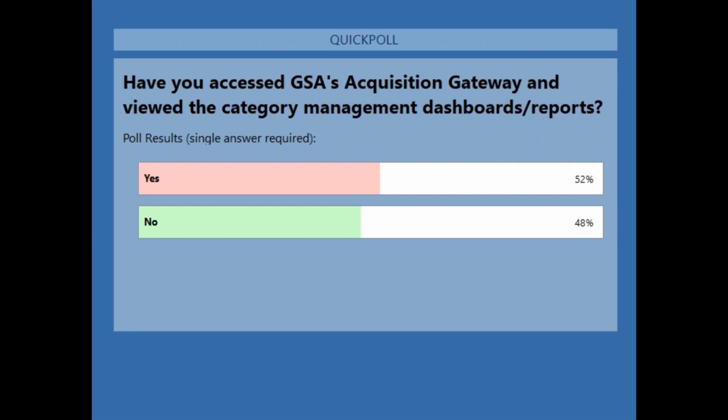The other thing GSA Acquisition Gateway does is group it into levels. And what levels are, are groups of PSC codes. For level 1, there are 10. So they take the 2,000 plus PSC codes and they put them in groups. The highest level group is level 1, and there are 10 of those, such as IT, which is comprised of, I don't know how many PSC codes, we could look. And 9 additional defense-centric ones, such as weapons and ammunition. So when you think levels, all you're talking about there is a collection of PSC codes.